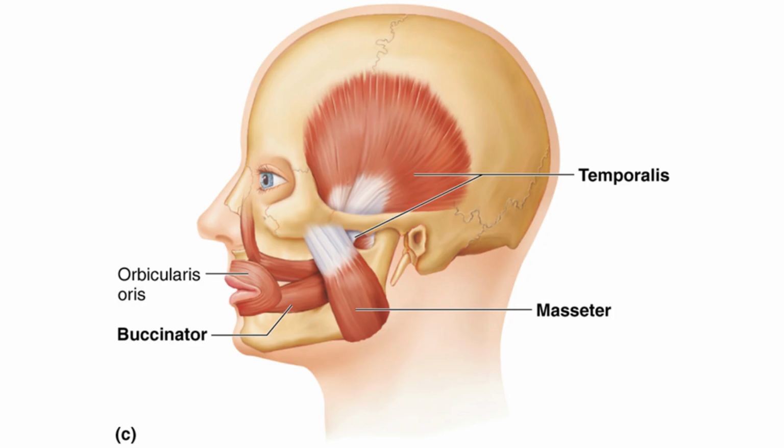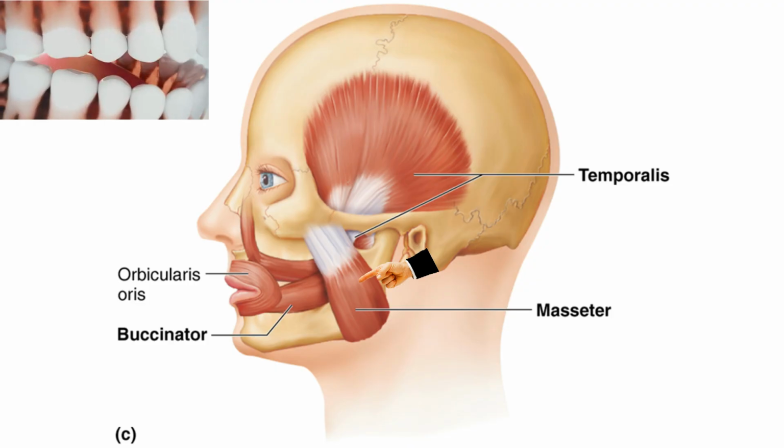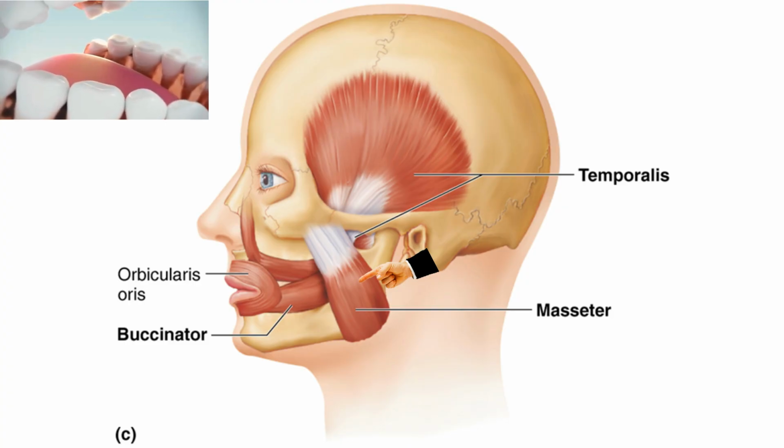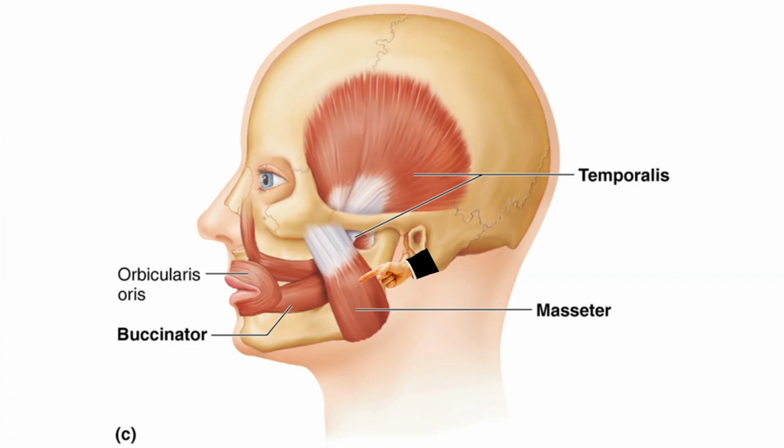Beyond facial expression, we have the powerful muscles of mastication. The masseter is one of the strongest muscles in the body relative to its size, originating on the zygomatic and maxillary bones and inserting into the mandible. It is your primary jaw closer. Working with it is the temporalis, which fills the temporal fossa and also inserts into the mandible to ensure a